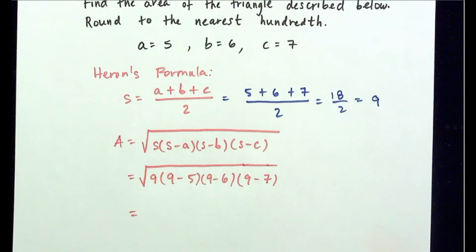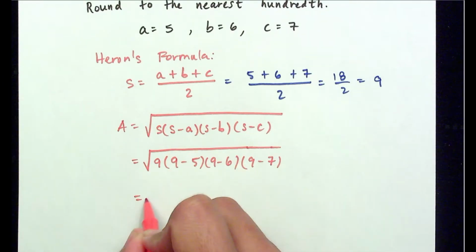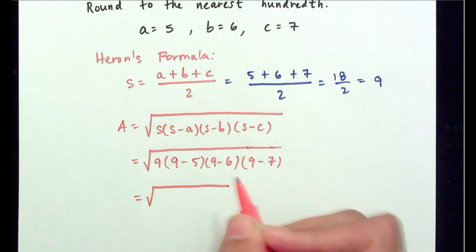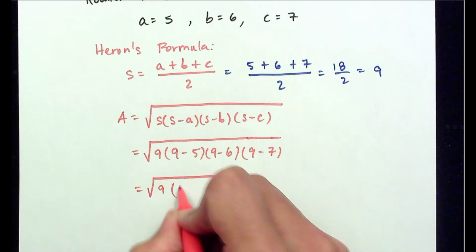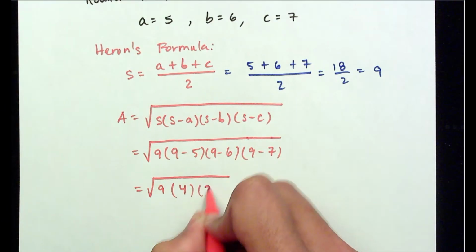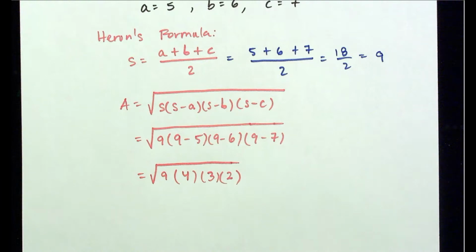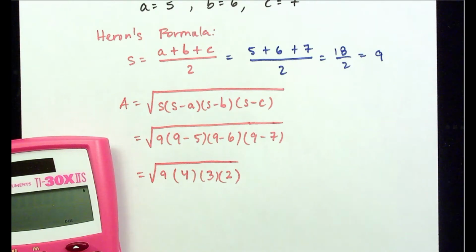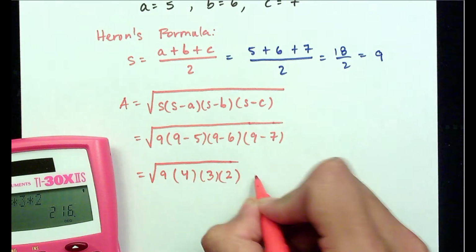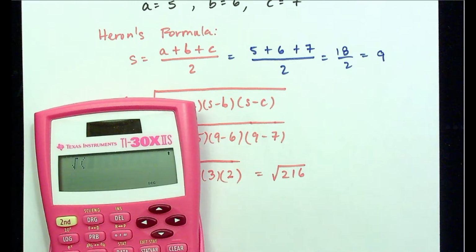And now, since they ask you to round to the nearest hundredth, you can just enter all that in the calculator, but my preference is to simplify it a little bit before I put it in the calculator. So this would be 9. 9 minus 5 is 4. 9 minus 6 is 3. And 9 minus 7 is 2. What is that? 9 times 4 times 3 times 2, that is 216. So this is the square root of 216, and the square root of 216